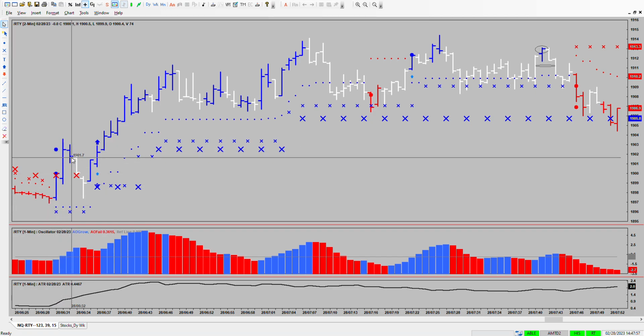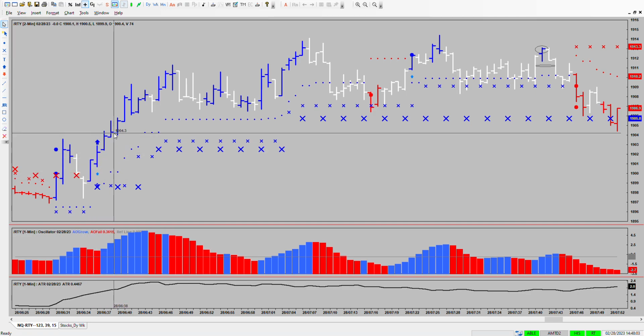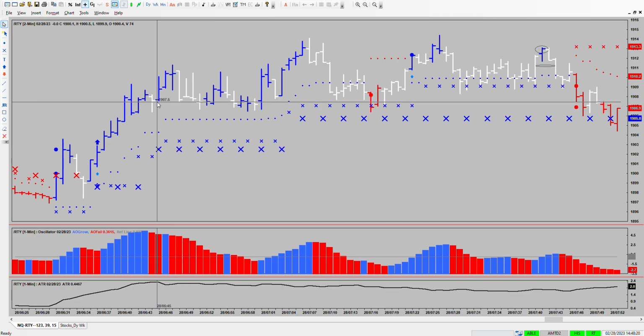Got a strong push to the upside to break through the 3 minute resistance. We got a confirmation right here. Full confirmation would have come up here. So would have gotten in somewhere in this area. Let's call it on this bar at 1904. Got a nice little run to the upside, got to a high of 11.4 and then quickly reversed,